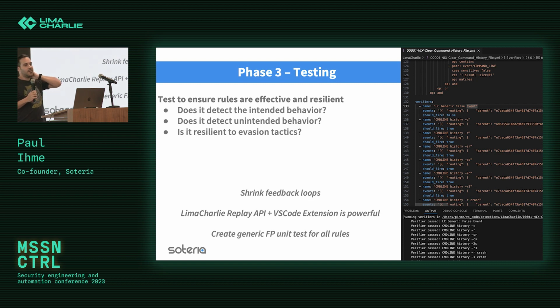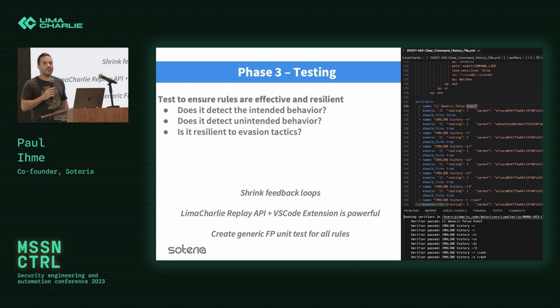One of the things we have to do, right, is make sure, does it detect what you want it to detect? Does it not detect the things that you want it to not detect? And is it resilient to evasion tactics, right? So if I just start throwing carrots in the middle of all my command line strings, is it going to defeat our detection? Or if I use like IWR instead of invoke web request for a PowerShell command, is that going to avoid it? So thinking of all these sort of evasion tactics and making sure that we put test cases into it.